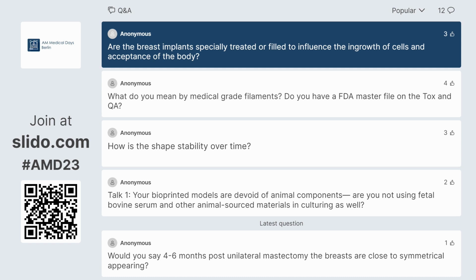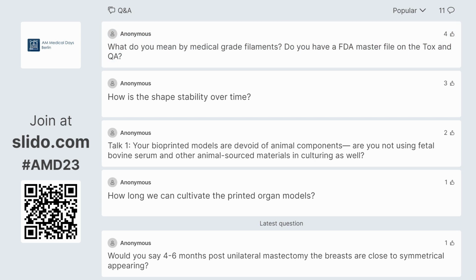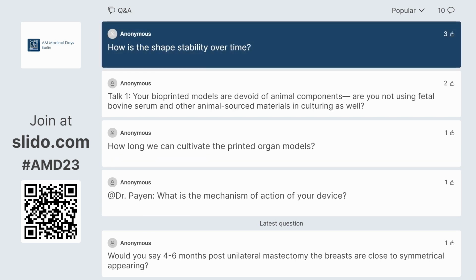What do you mean by, we have these medical grade filaments? How is the shape stability over time? This is also a question for you. At clinical level, we don't have enough data to answer yet, but at preclinical level, you've seen the results